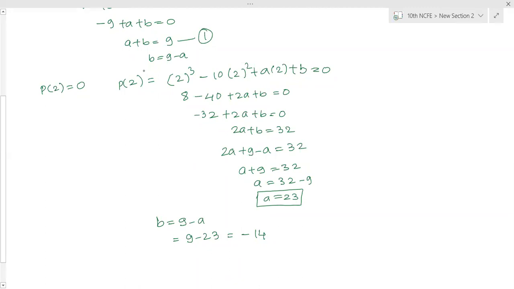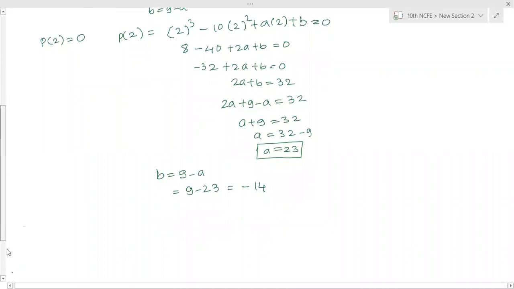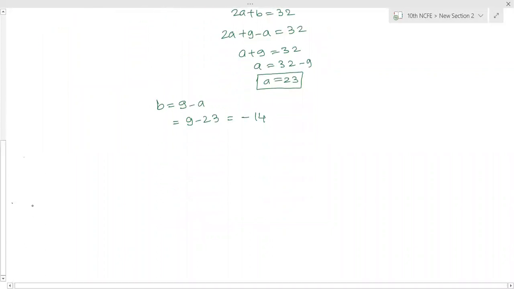Yes, Ganesh. Ma'am, in 21st question. 21st question. Just now what I solved, the same way, ma'am. I'm not getting the answer. Answer you're not getting. Okay. Amrita, you solved now?